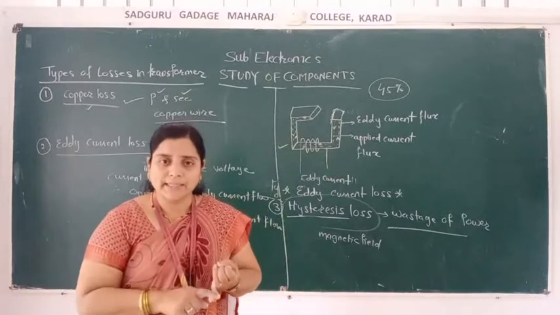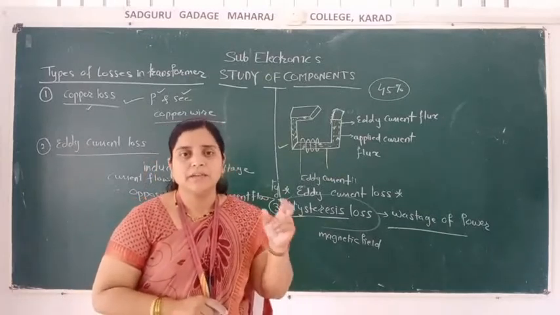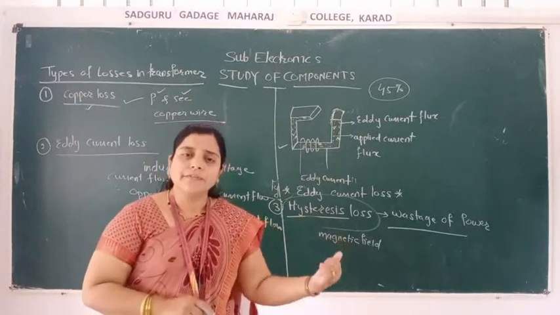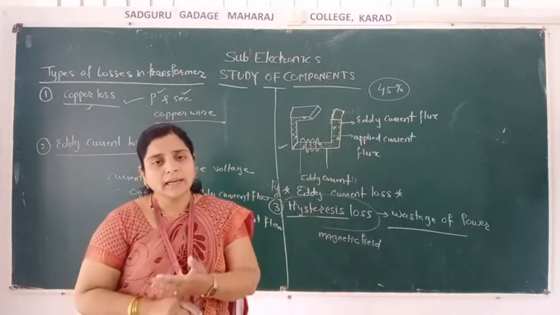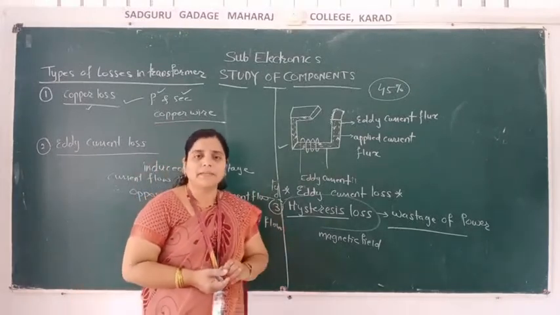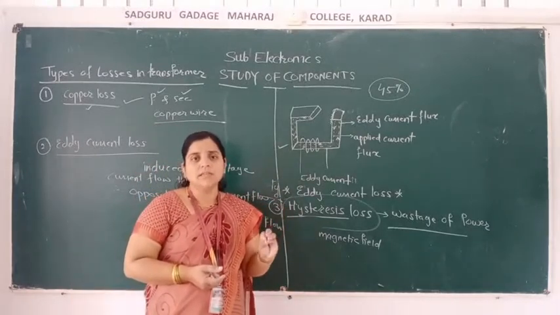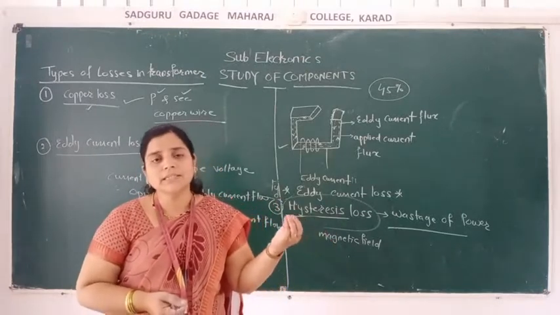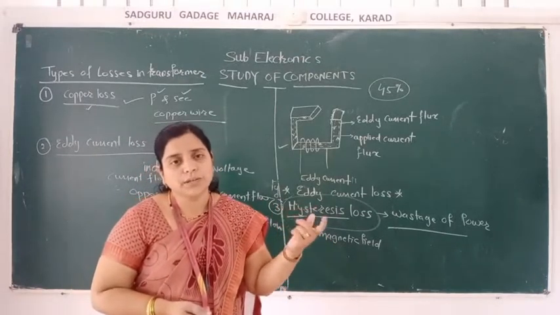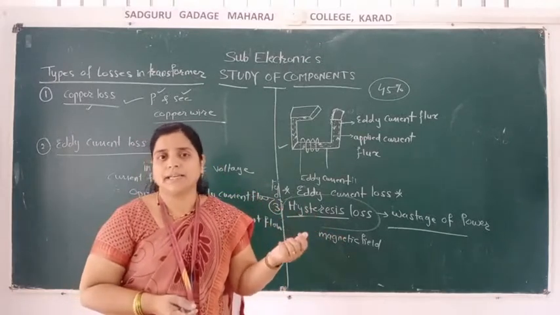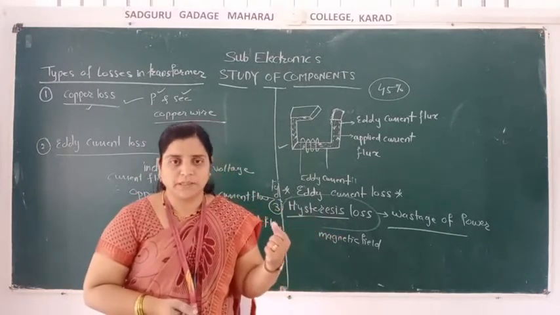Next is the capacitor. There are types of capacitor: fixed capacitor and variable capacitor. Again there are types of fixed capacitor, and again there are types of variable capacitor, with their diagrams and applications. We have seen all those in the capacitor. Similarly, the inductor. Inductor's types, its SI unit, and how to measure an inductor we have seen. Then next we have seen the transformer.